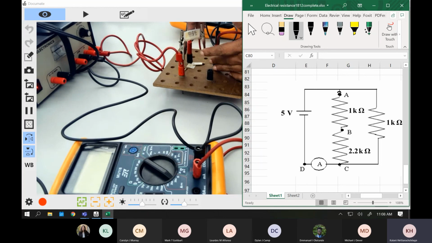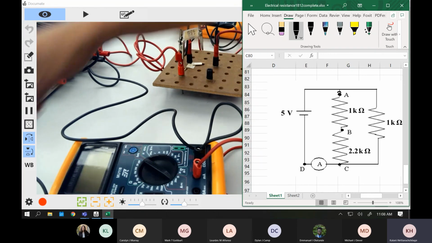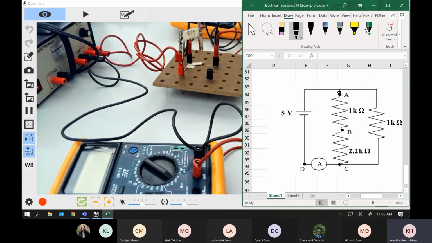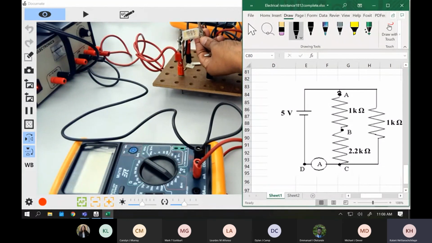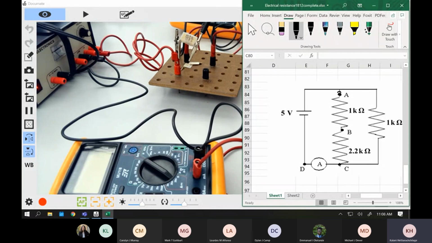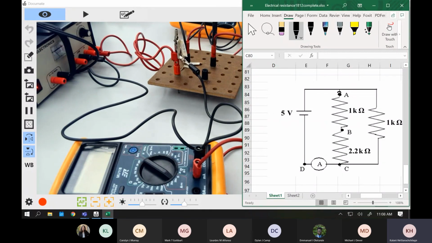What we're going to do is we have an extra black wire. You take that black wire and connect it to the other end of the resistor. That means you have a pin on the top of the resistor, and you can just insert that in there, right? Then you take the other end and connect that onto your C point. So that will be the connection between A and C. Okay. Anybody have any questions?